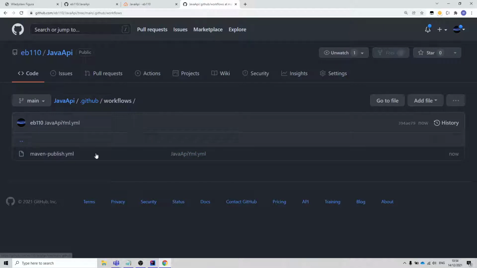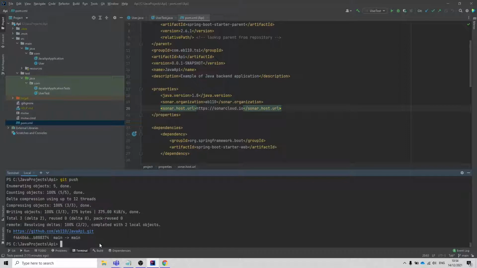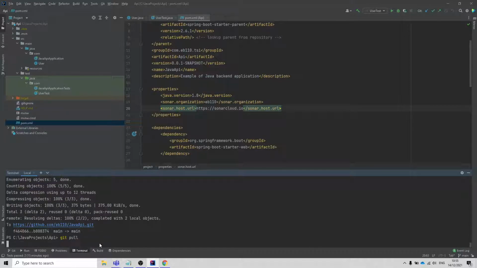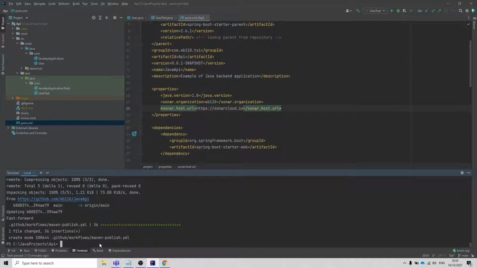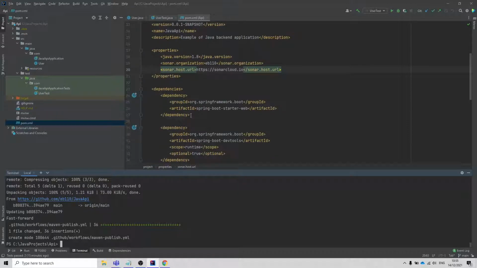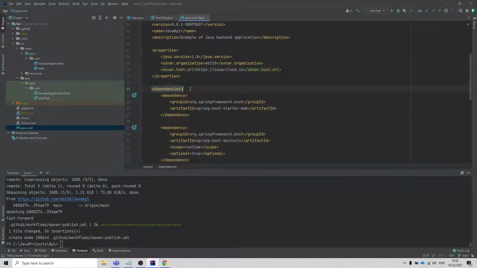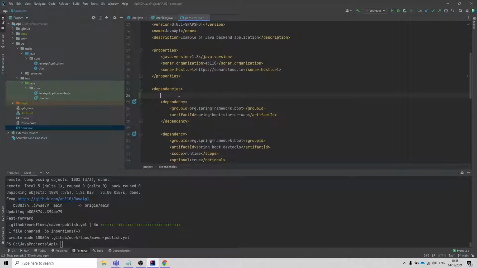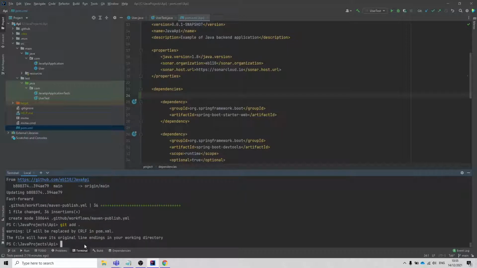and we have to pull this file to our local repository. So go back to local repository, git pull. Okay, feel that this file has been updated. Now just perform some sort of change in your project. I'm gonna just click enter here. So, and now I'm able to update the remote repository, git add, git commit, and so now I'm gonna just click sonar test